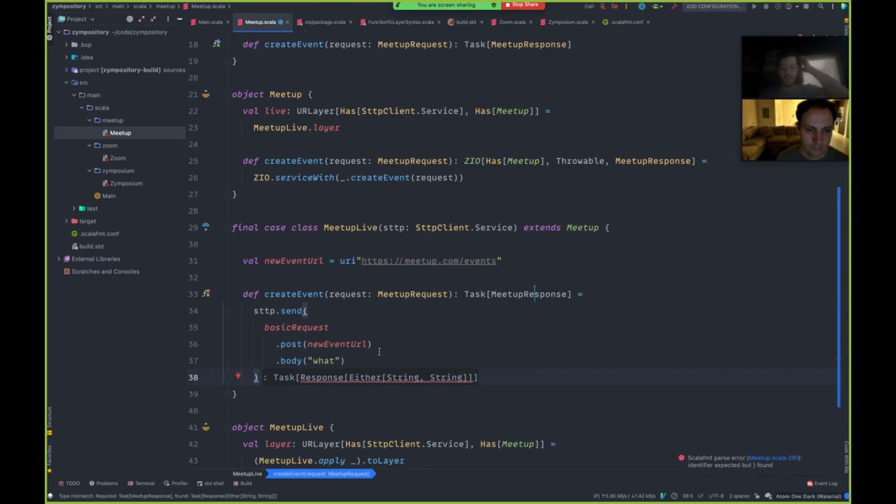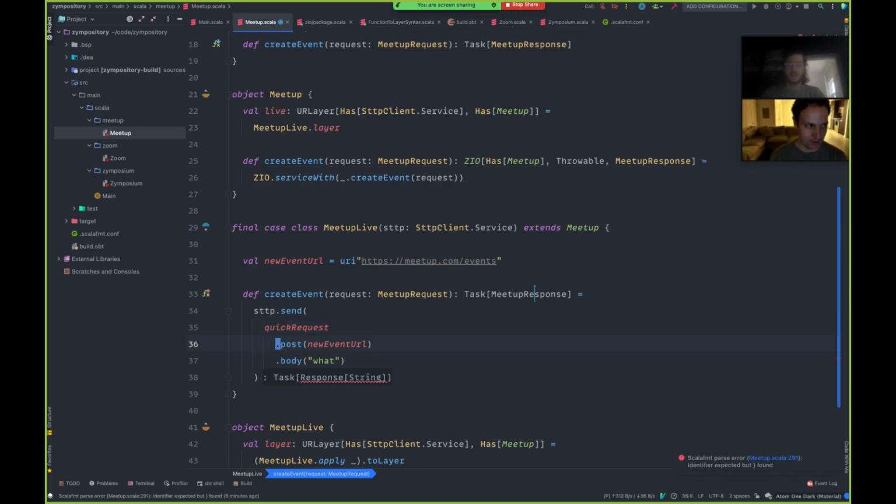And then we're going to get back a result, some kind of response, which is going to be an Either of String, String. If we want to be hacky, there's a quickRequest, which I think will just blow up if, the whole point of the Either is maybe it's, I don't know, 404. I forget exactly why there's an Either there. Yeah, it's interesting because it seems like you have two failure modes. You have the task failure mode and the Either failure mode.